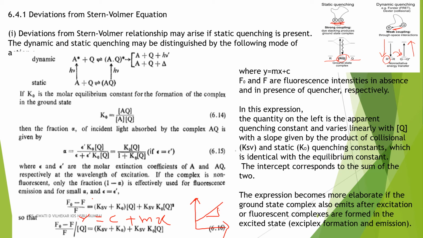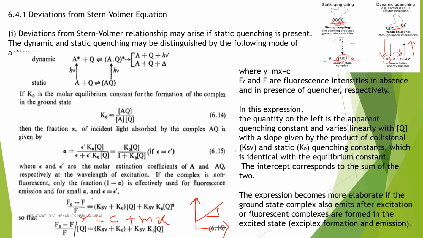So (F naught minus F) divided by F, that is the total decrease in the fluorescence intensity, will be equal to KSV plus K naught. KSV and K naught are the equilibrium constants for the collisional quenching as well as the static quenching steps. Plus KSV times K naught times Q square. So if we plot a graph